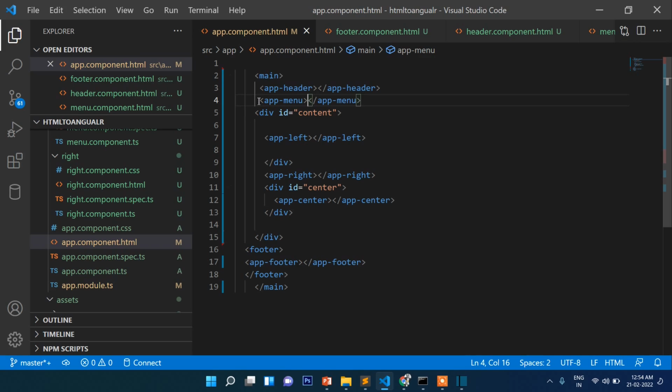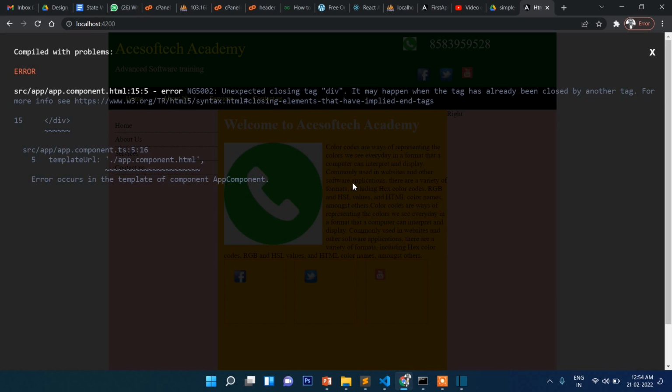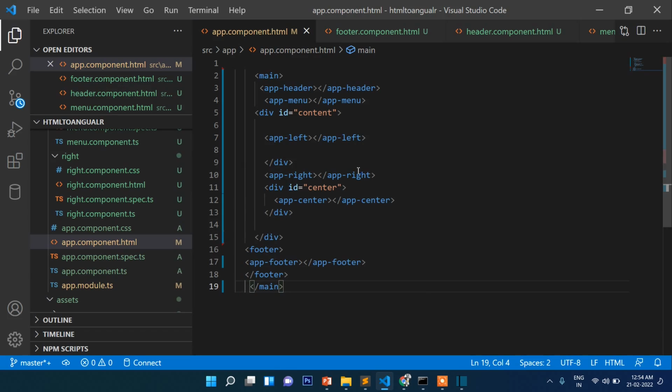So that's the compact structure of our app component, and now you can see somewhere div, app component HTML line number 15, here somewhere, this footer,